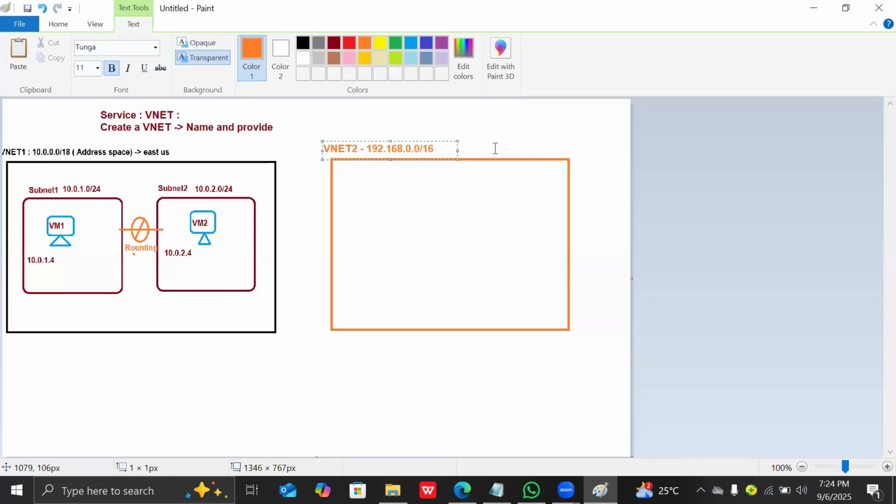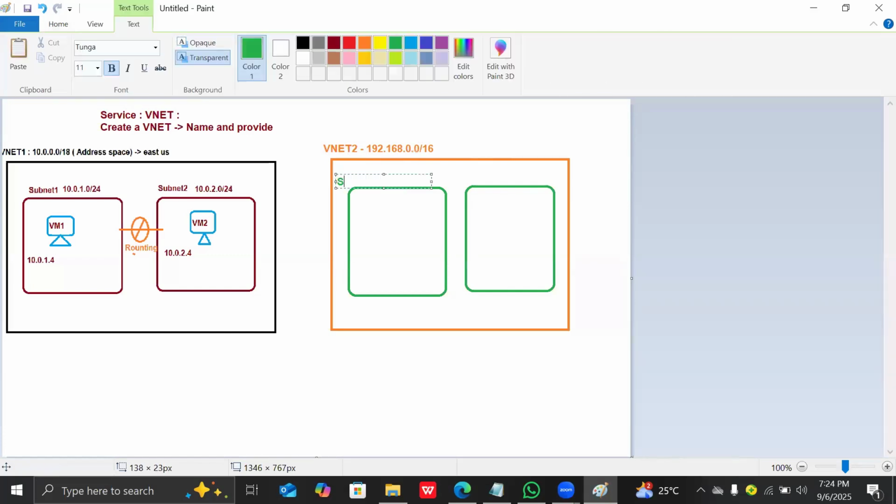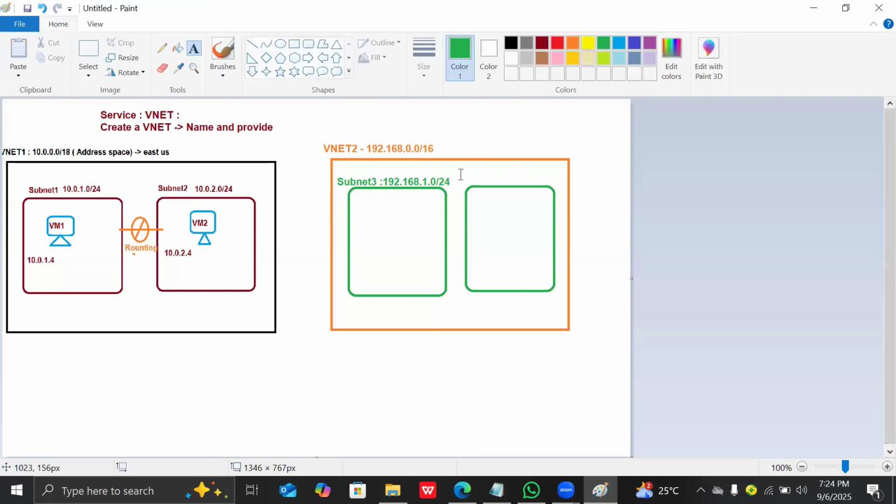And in this, if I am going to create two more subnets, subnet 3 and 4, the IP address would be 192.168.1.0/24. Correct? And subnet 4 for